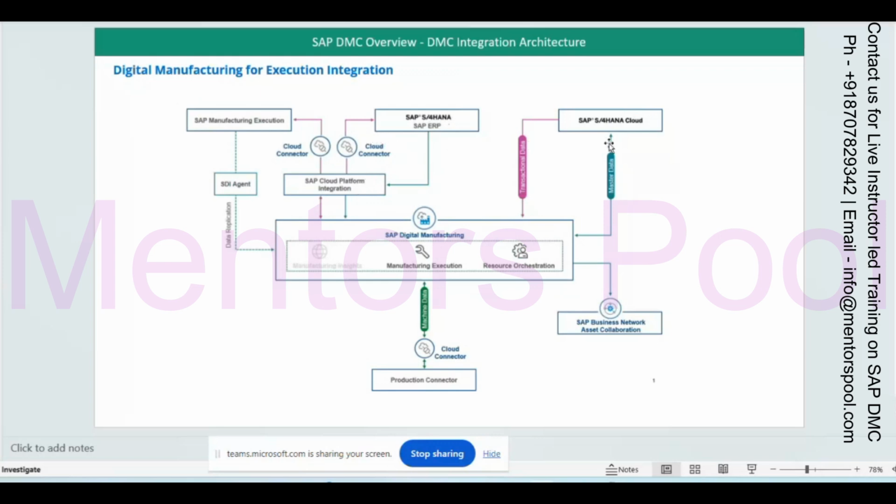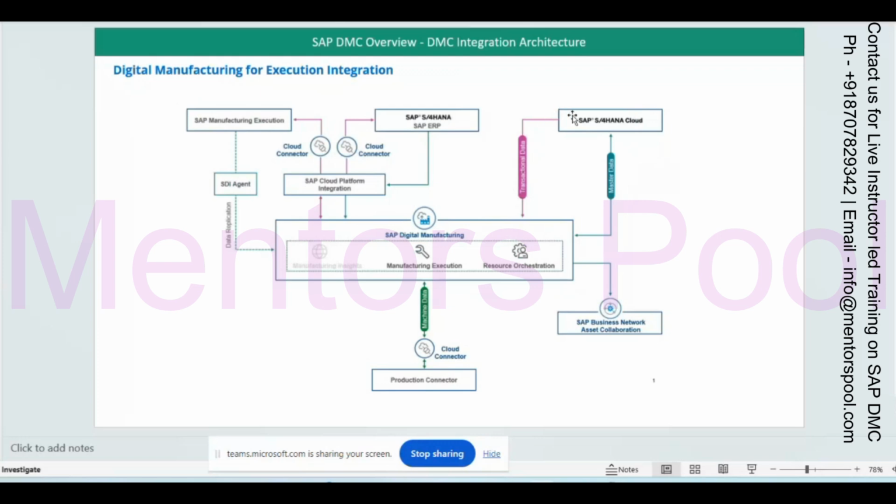So here you can see there is an S4HANA Cloud. S4HANA Cloud is directly connecting to DMC. It doesn't need any cloud connector or CPI. Directly, if you are using S4HANA Cloud. But in case of S4HANA on-premise, you need the cloud connector, CPI, and that.